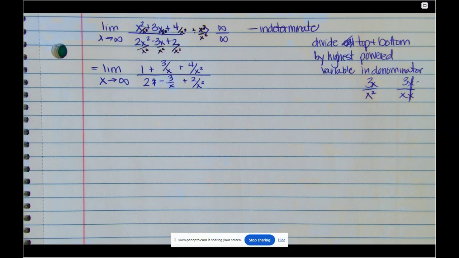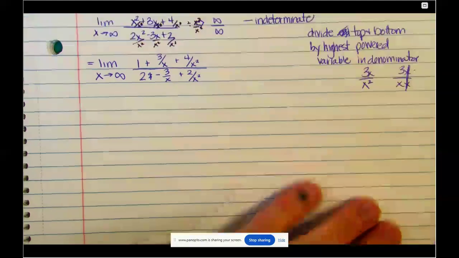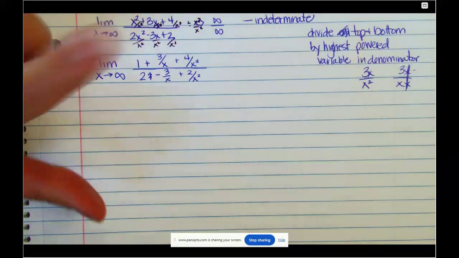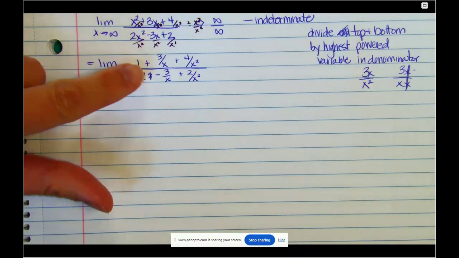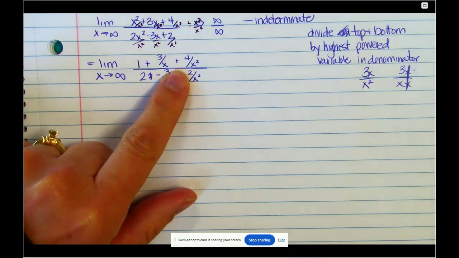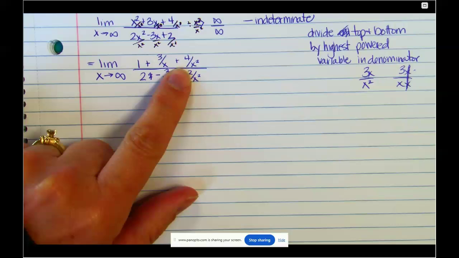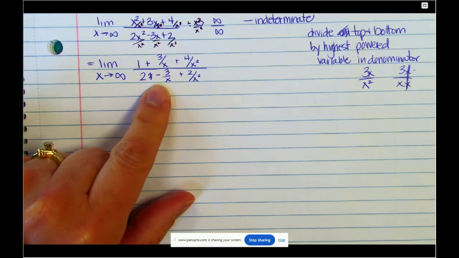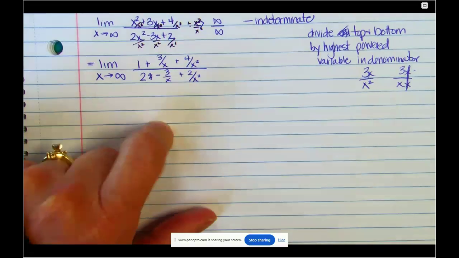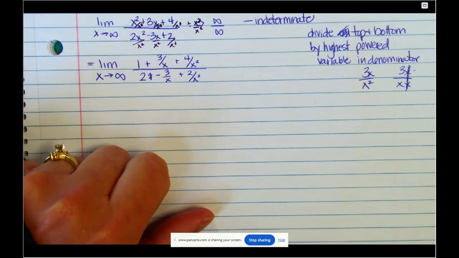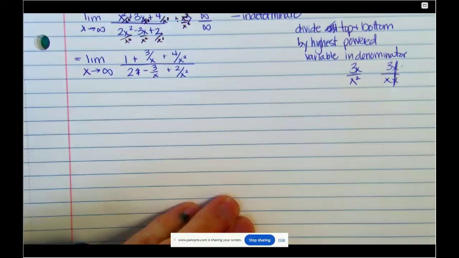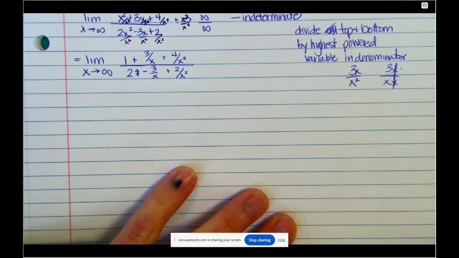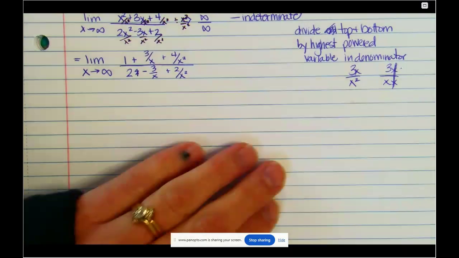Let me introduce you to a couple ideas here. First of all, I want you to hear me say this. It addresses what you were talking about. I cannot cancel anything top to bottom if there are pluses in there. It's so tempting to be like, well, I'll just get rid of those. No. If there's pluses or minuses in there, will there ever be a time where we can cancel top to bottom? No. Okay, so here's what I want you to understand.